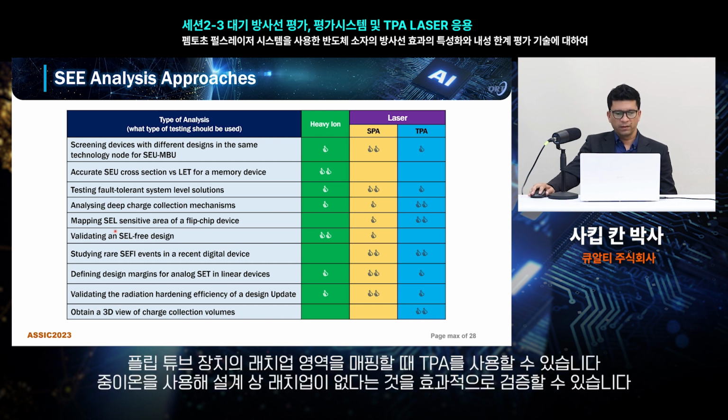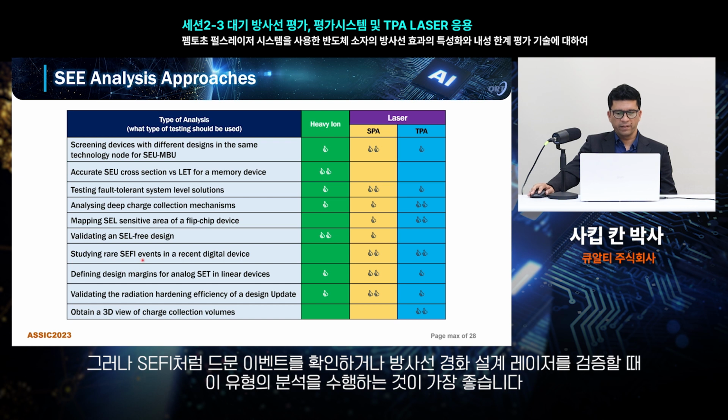Mapping of the latch-up areas for flip chip devices can be done using TPA. Validating a latch-up free design could be done effectively using heavy ion. But for finding rare events like Cepheid and validating the radiation hardened design, laser is the best technique